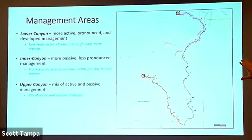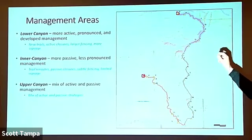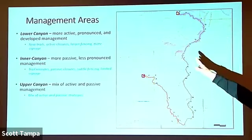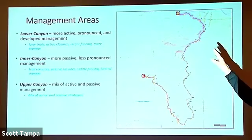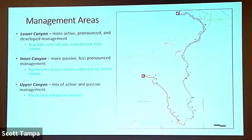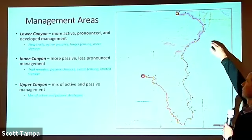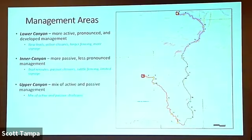So back to our management zones. This is where in the lower canyon, most of our intensive use is closest to the trailhead, and that's where we're also going to have more intensive solutions. It bothers me. I don't love going to that next level of intensity with solutions. But close to the trailhead, it's necessary to establish that control and establish that ethic. So closest to the trailhead, that's where you would have